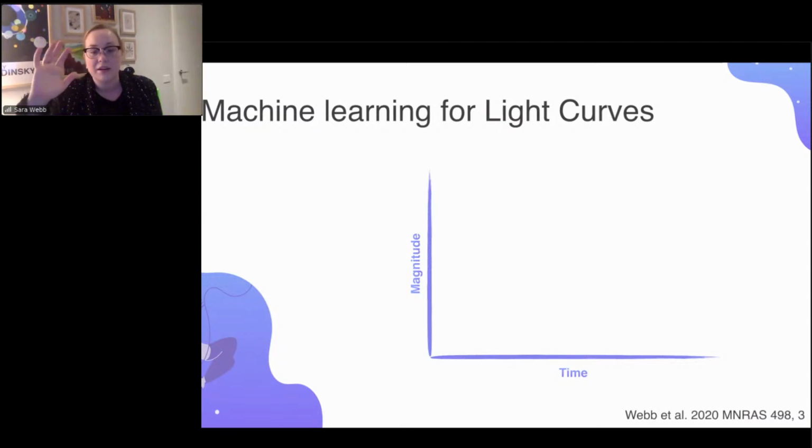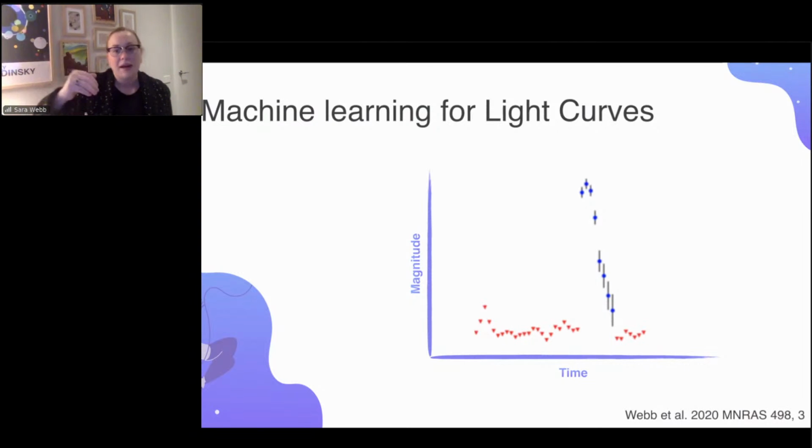We can go back to our first principles of astronomy and just use algorithms to find what we're looking for. Something like this, where this is from a flare star that sits below the detection threshold and then pops up, but it has a very distinct rise and fall. And so you can model that with exponentials, and you could do sliding window algorithmic searches through your light curves, which is very computationally time expensive, and manually having to check them all out, and it also restricts you in what you're finding.